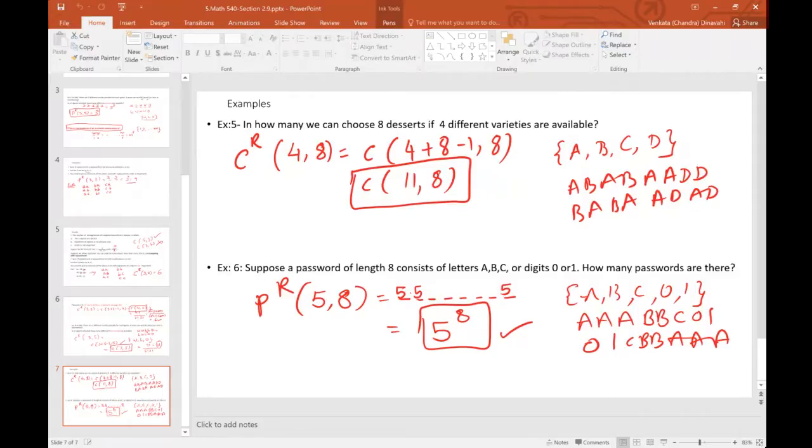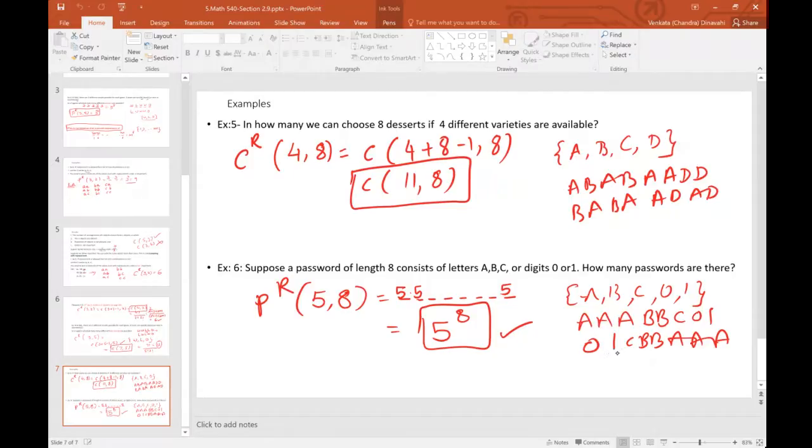Let us look at example 6. Suppose a password of length 8. Assume your computer password or internet password. It should have a length of 8, and it should consist of 3 letters A, B, C and 2 digits 0 and 1. How many different passwords can you have? For example, this is one password